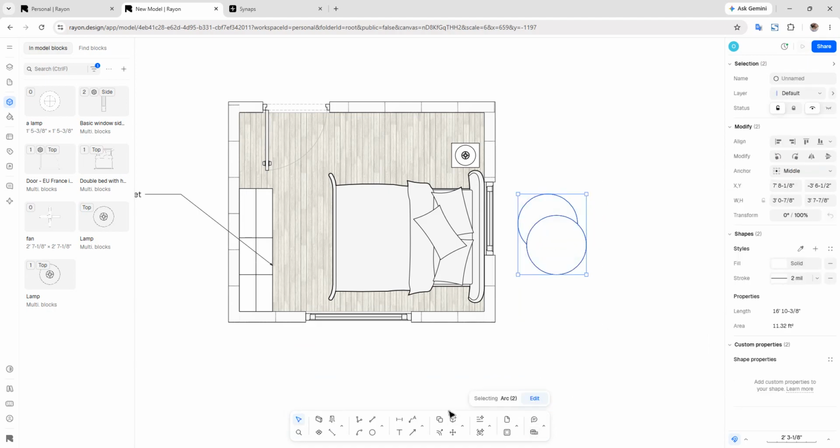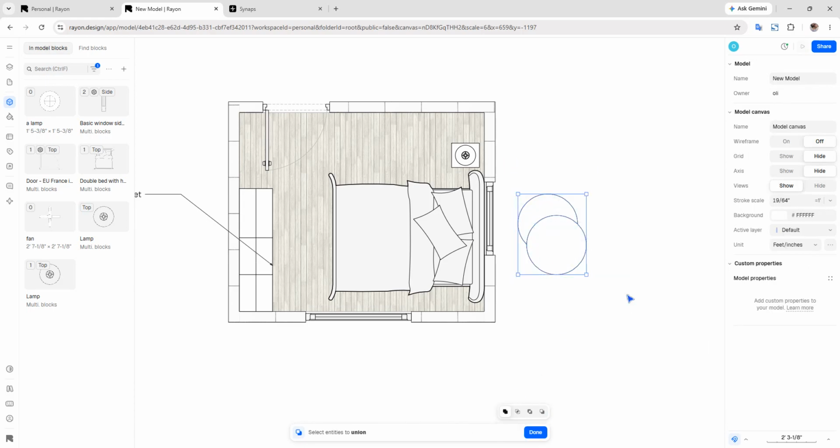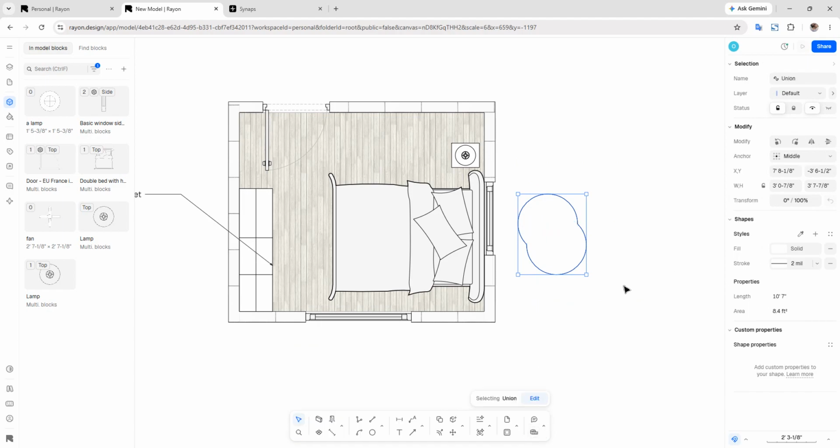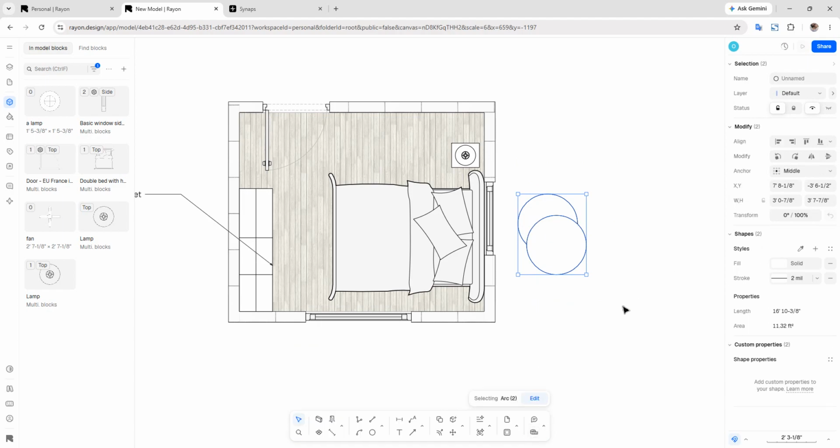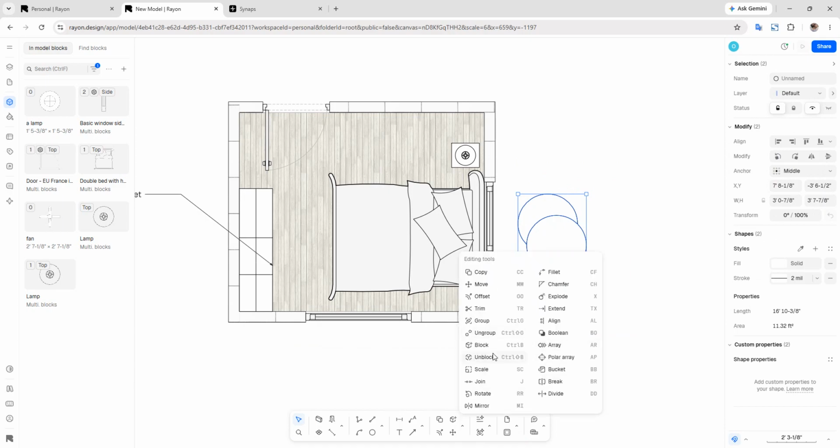Sorry, boolean, yeah, boolean, select entities to unite and done. We boolean them, and if we want to subtract, we just have to select the other options. There is boolean